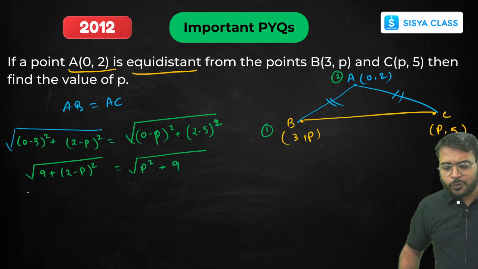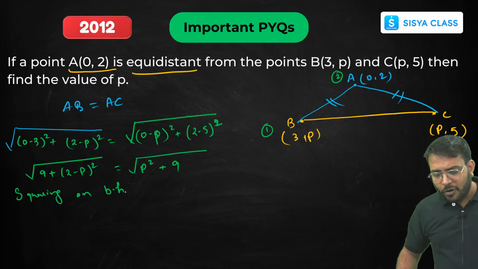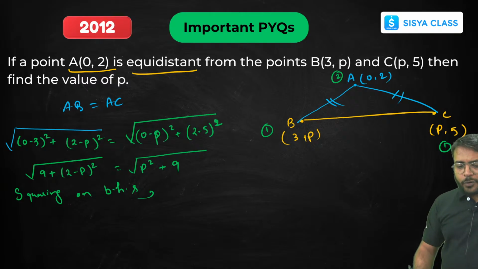Now just take square on both hand side, squaring on both hand side, we get, okay, what we are going to get beta, we are going to